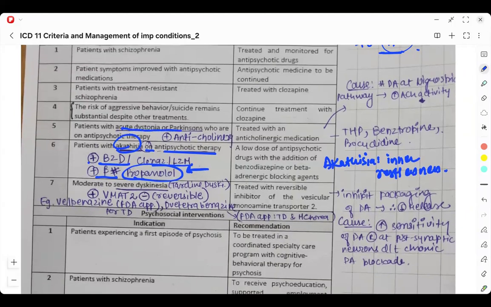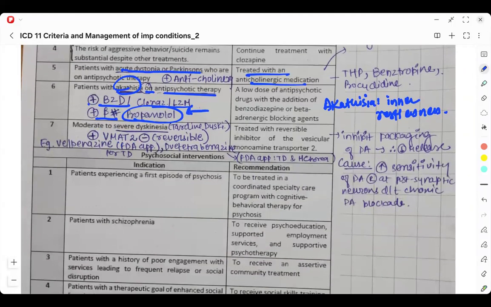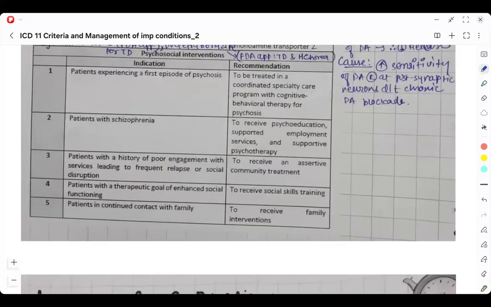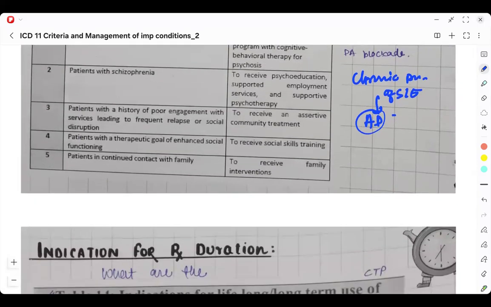Acute dystonia or Parkinsonism is treated with an anticholinergic agent. Let's say a patient comes with tardive dyskinesia. Now, tardive dyskinesia is a chronic presentation of side effects in patients already on antipsychotics. So what is happening is because you have blocked the dopamine receptors,